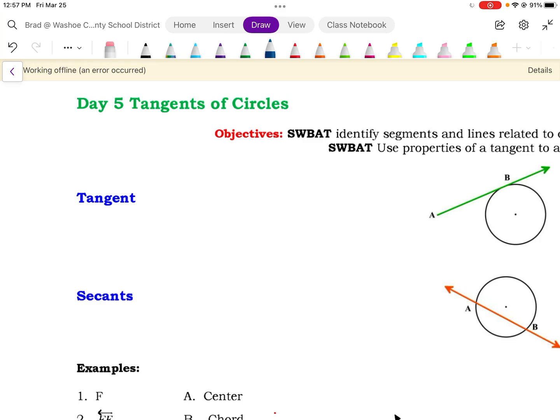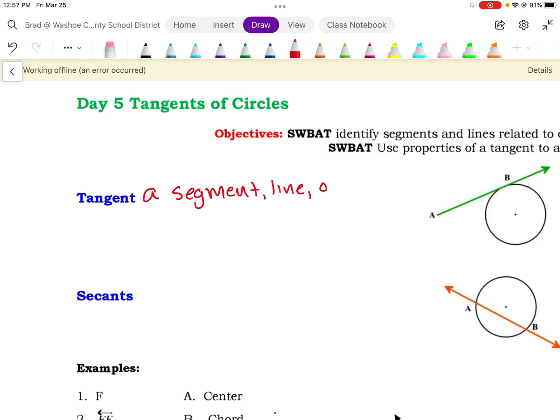And in day 5, we're going to talk about tangents of the circles. We're going to throw in secants for a hot second, but it really is all about the tangents for us today. So, ladies and gentlemen, our tangent is going to be a segment,